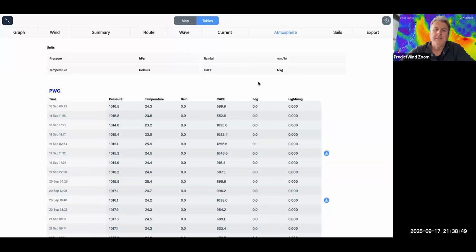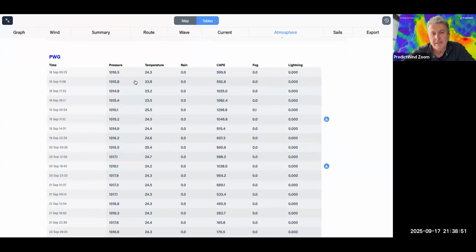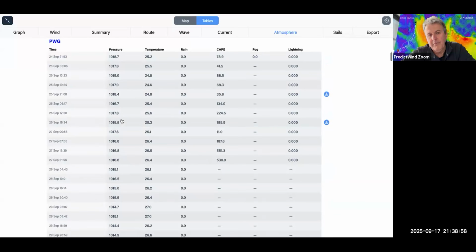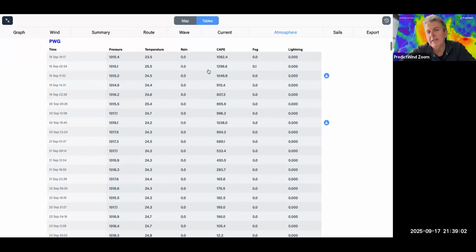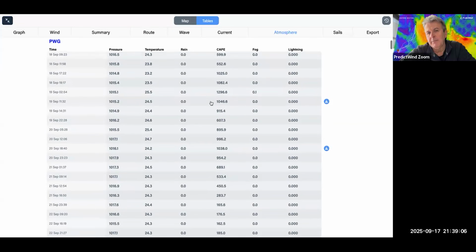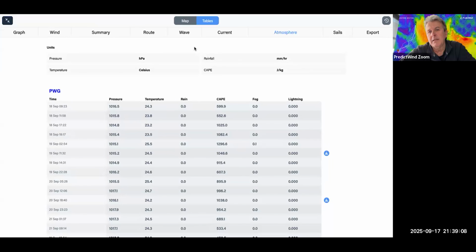Atmosphere, I spend a fair bit of time in here. My best friend is the barometer, and I can help validate by looking through here. And once again, it's for all the different models. So we have air temperature, there's rain, there's CAPE, there's fog, there's lightning. Okay, potential for lightning. So that's pretty much that there. So if I go back to the map,